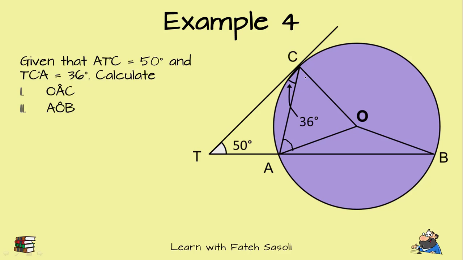Okay, we must focus on this triangle OAC, and we notice that this line OC and OA are radii of the circle, their lengths are equal, and so are the angles in question. As per the tangent rule, we know that this angle should have been a 90-degree angle in all. So to find this internal angle, we'll simply subtract 36 degrees from 90 to get 54 degrees. So if this angle was 54 degrees, angle OAC is also 54 degrees.